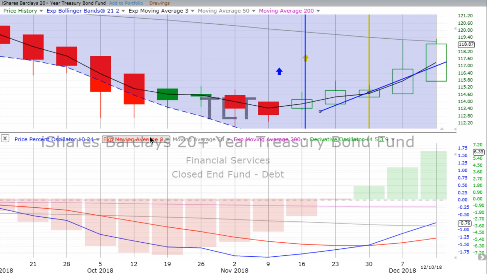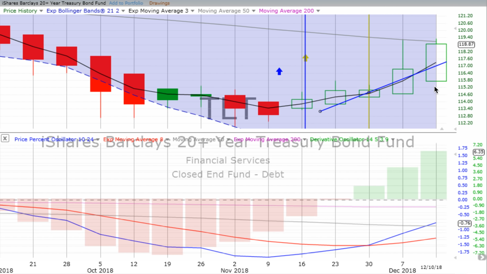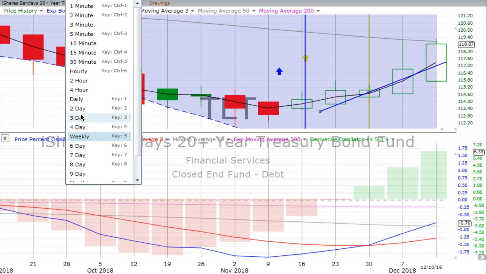Next, we go to bonds. What do we see happening there? Bonds up 0.41%, actually going into the 5th week, and so far showing strong up candle as far as the Heiken Ashi candlesticks go. Derivative oscillator gaining upward momentum. Price percent oscillator still heading up. Remember, we had that weekly vertical crossover back on the week ending the 30th of November. So again, going into the third week of what appears to be continued up movement,